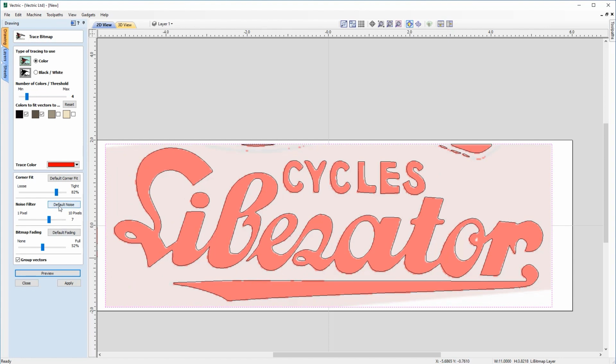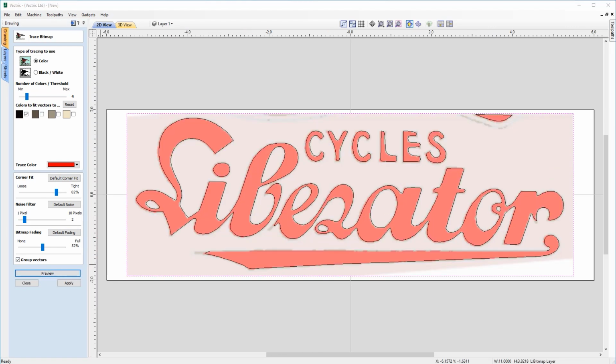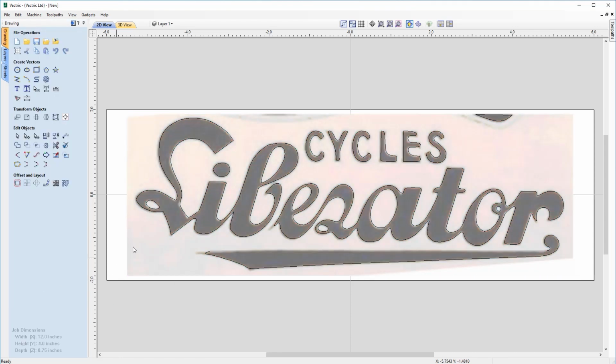So with that said, I'm just going to go back to the default noise, and I'm going to turn off our gray color for our bitmap, keep our bitmap to trace around the black color again, and hit preview, and that looks great. Now at present, these are all grouped together, and in this scenario I don't actually want to group them together, so I'm going to come back over to this option here, it's group vectors. I'm going to click on that, click preview, hit apply,